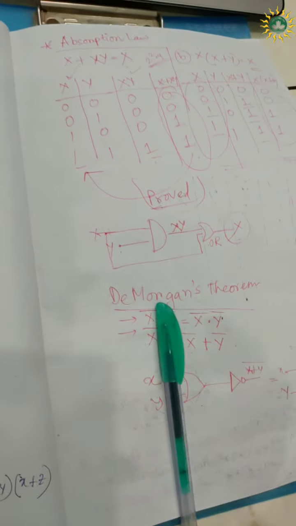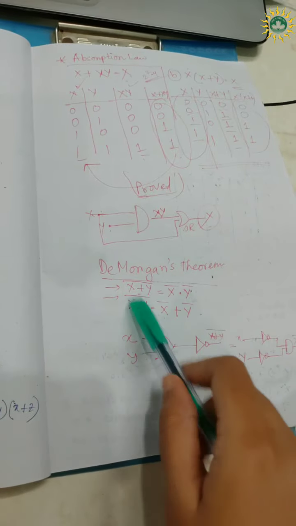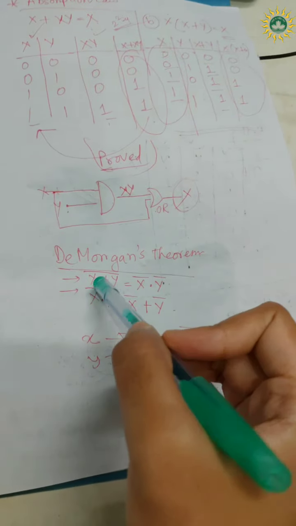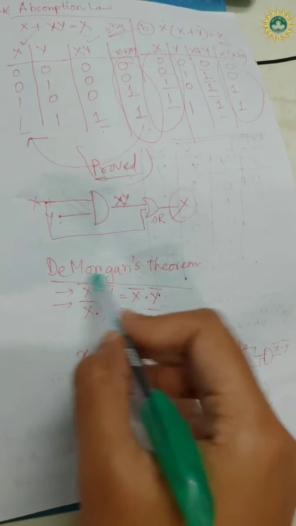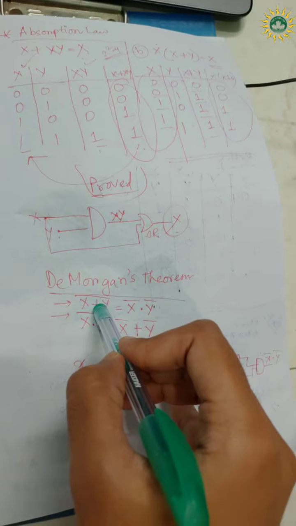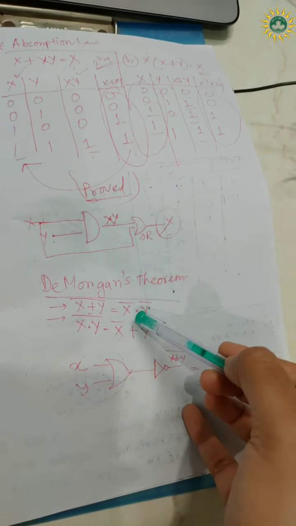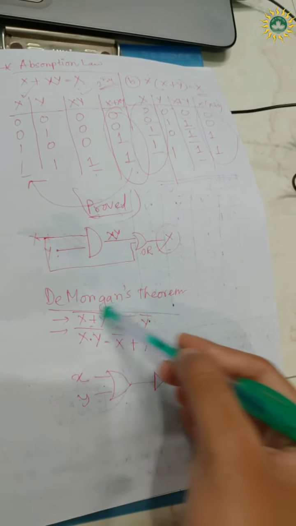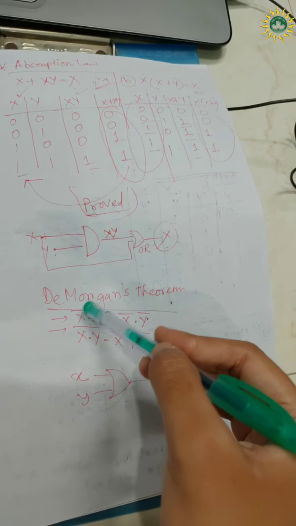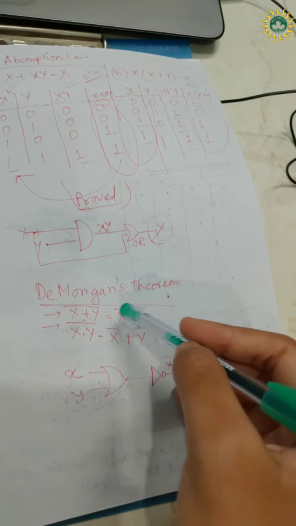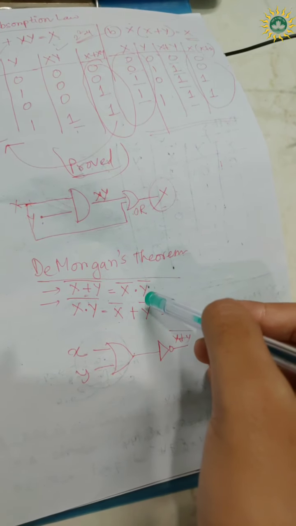Now De Morgan's theorem was this, in case you have forgotten. Take (x plus y) whole complement. If we have this sign, then we will break the or, we will change the or into and, and break the line, as in break the complement. We are breaking the whole complement into different complements, like x complement dot, which is and, y complement, right?